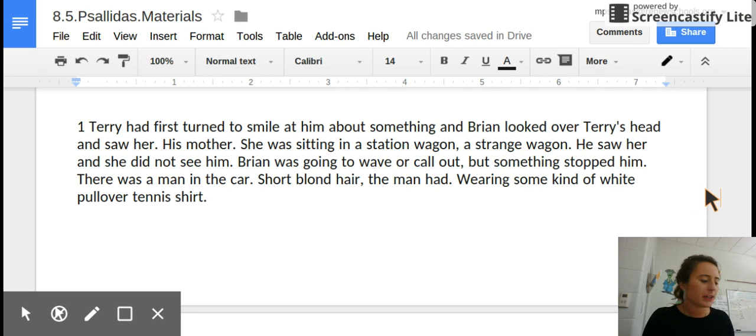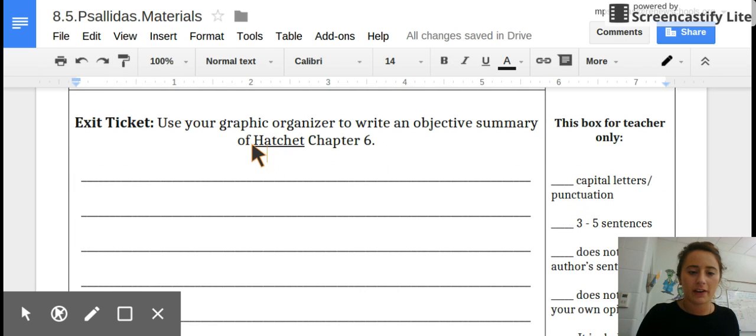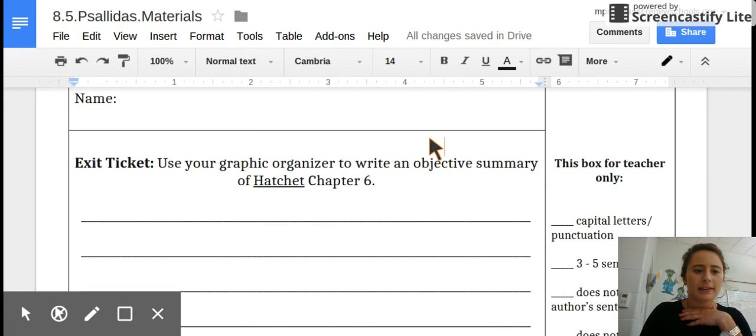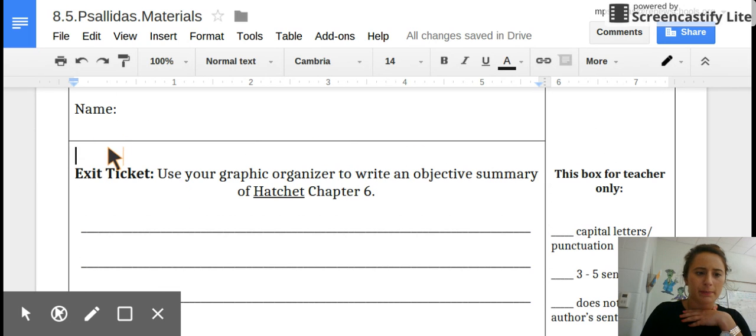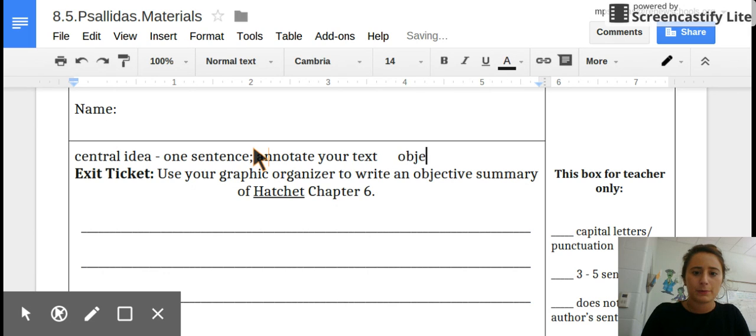So what you're going to do today for your exit ticket is write an objective summary of Hatchet Chapter 6. The difference between objective summary and central idea, you can jot this down anywhere on your paper, in the margins, is that central idea is one sentence, and we usually use it to mark up our text. And then an objective summary,